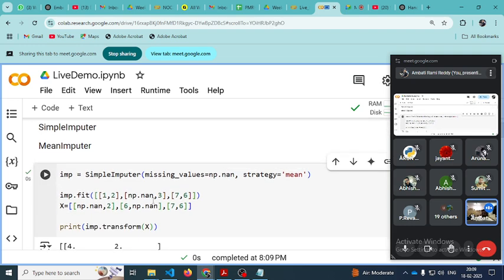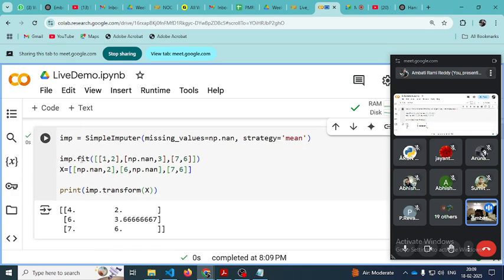Next one is, okay, see here, we have some fit function. 1, 2 and then there will be NaN, then some value 7, 6 is there. Okay, and then your x value is NaN and then 2 is there and then 6 comma NaN and 7 comma 6 is there. Okay, so what you are trying to do is,